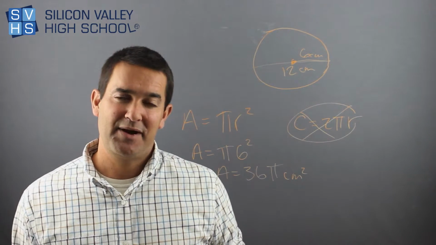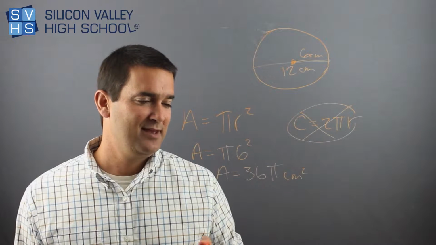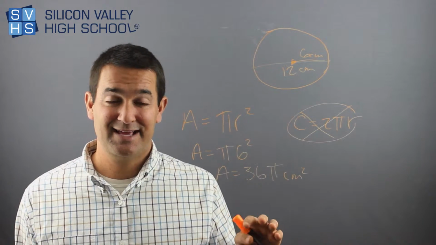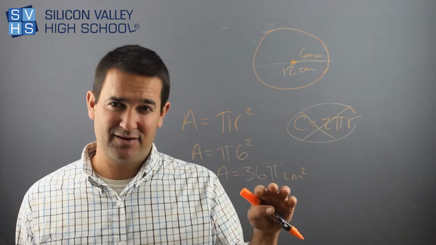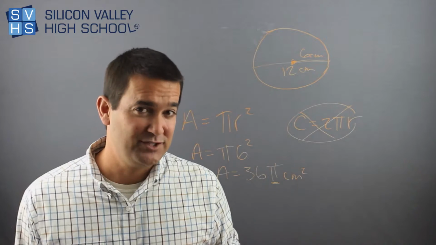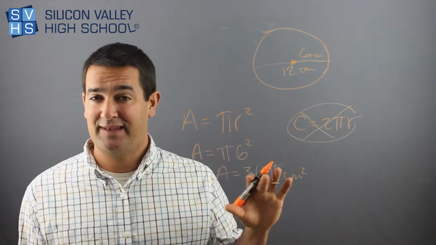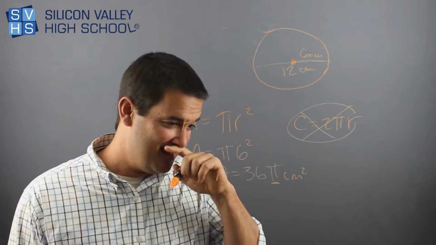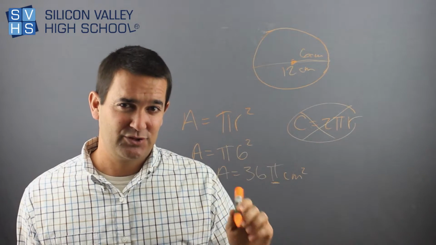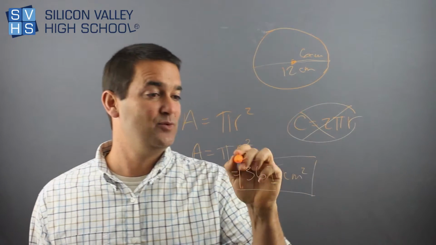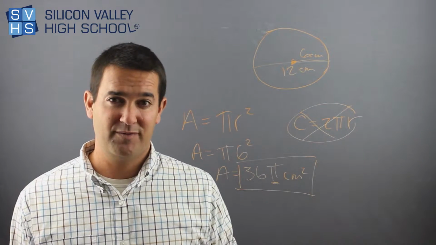One thing that's interesting about dealing with pi is that you're at a party with your friends, and then a heated debate breaks out about whether you should leave your answer with pi in it or if you should plug in 3.14, and then the party quickly divides, and then there's two groups, right? If you want to be an actual true nerd, you would say that the answer is this. You would not plug in 3.14 for pi.